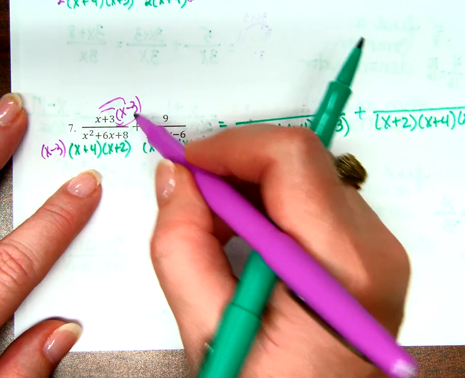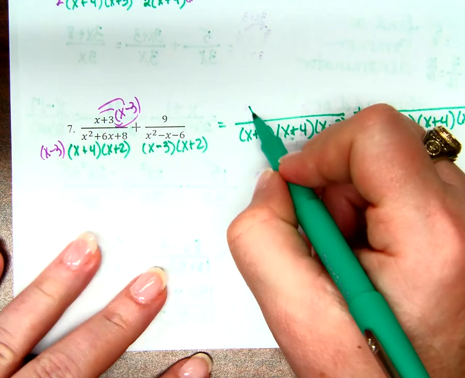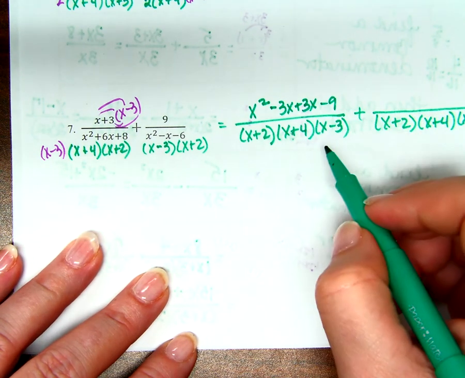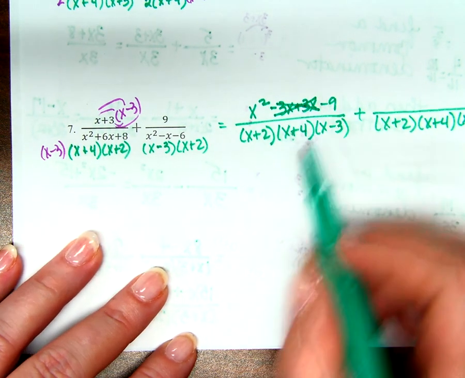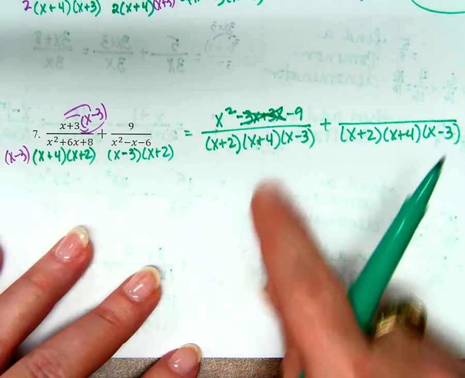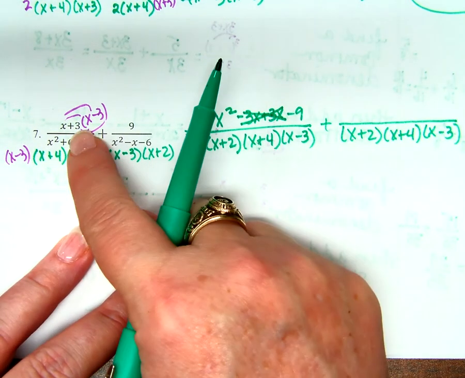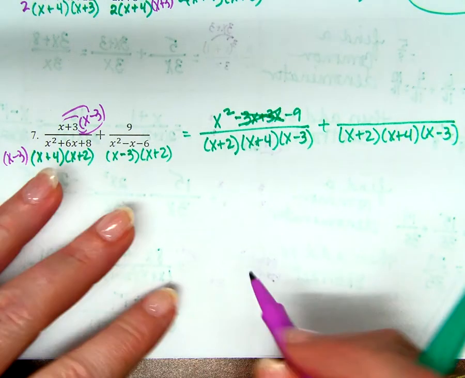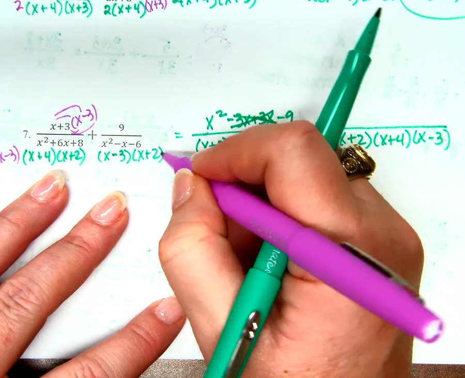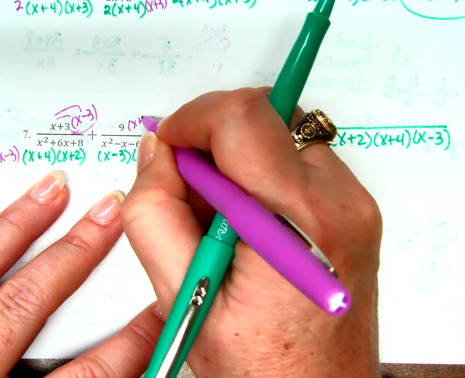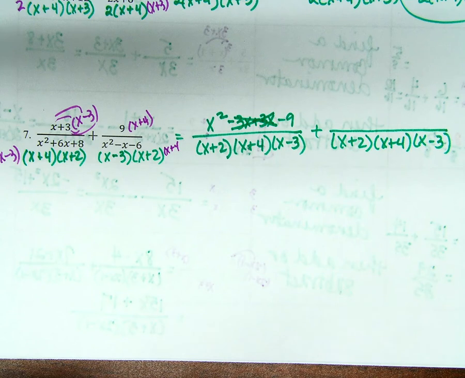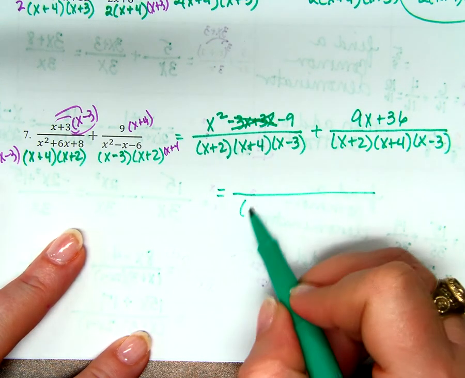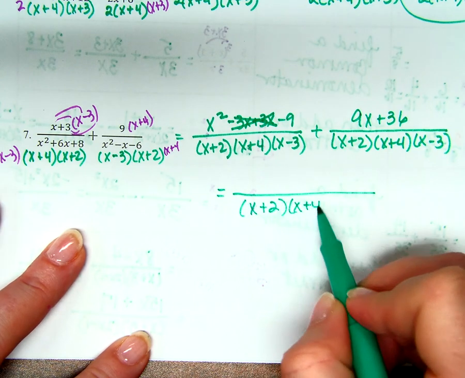So x squared minus 3x plus 3x minus 9. Oh, this is nice. Oh, we knew it was x squared minus 9, because that would be like the difference of squares, right? Okay. What does this one need? X plus 4, x plus 4. So what does it become? 9x plus 36. Now I have a common denominator of x plus 2, x plus 4, and x minus 3,